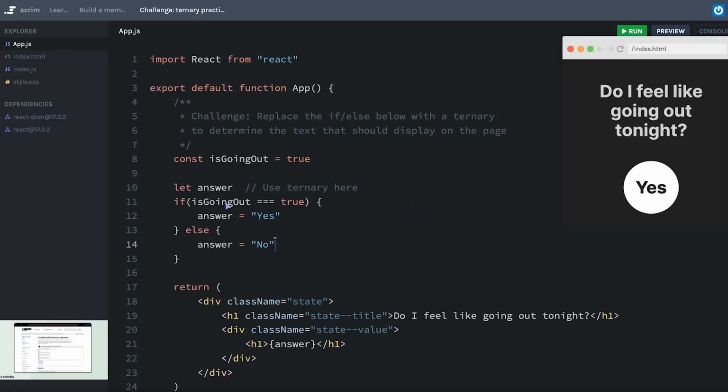A ternary allows us to put an if-else statement onto a single line. Technically, you can also manage if-else statements and get